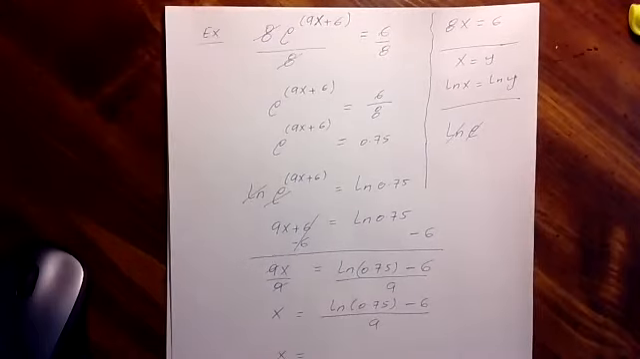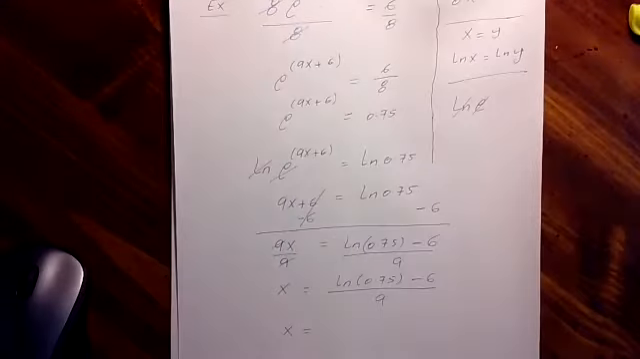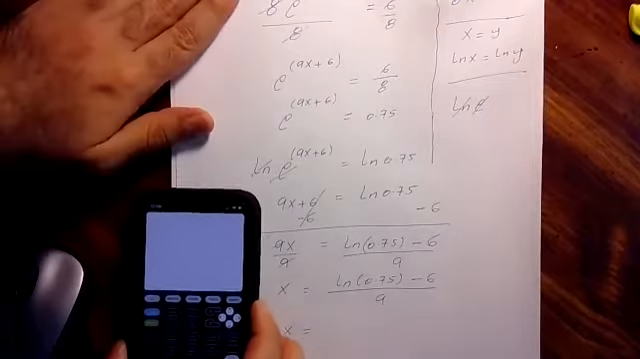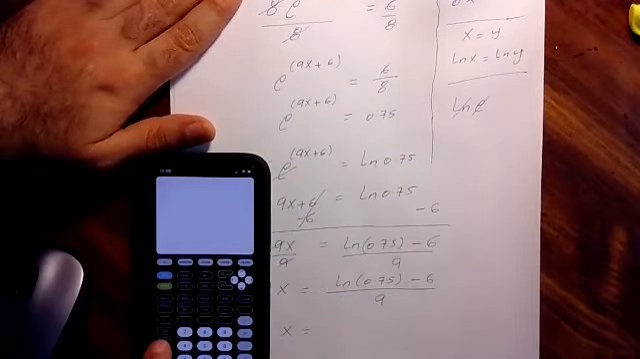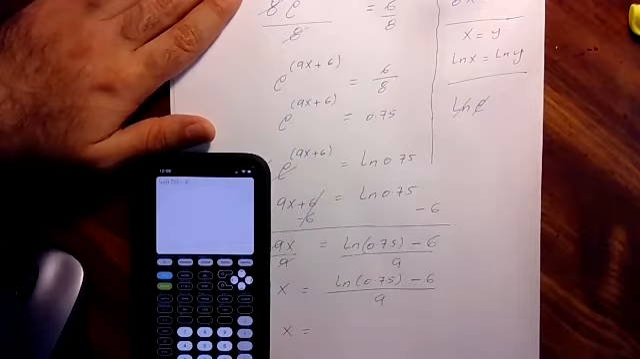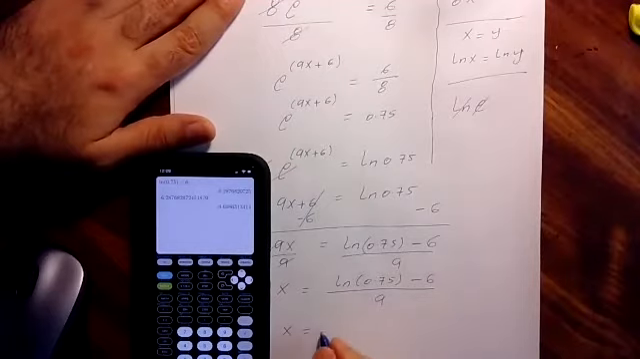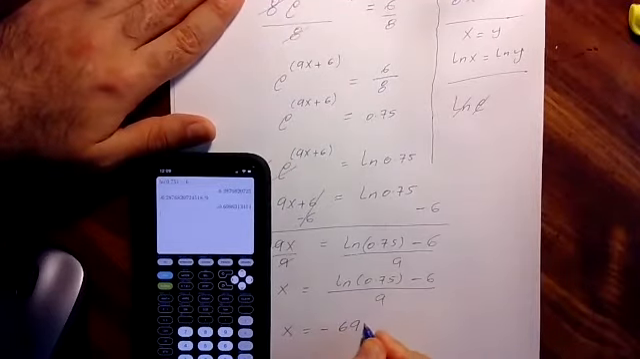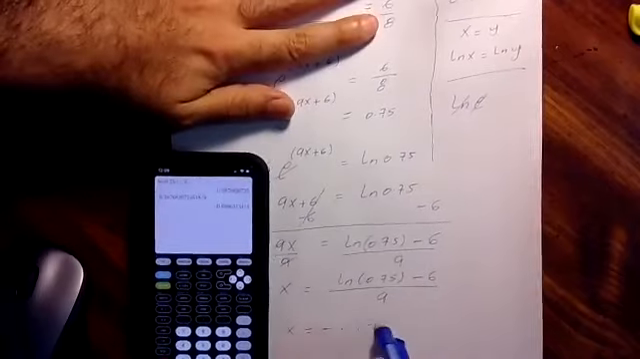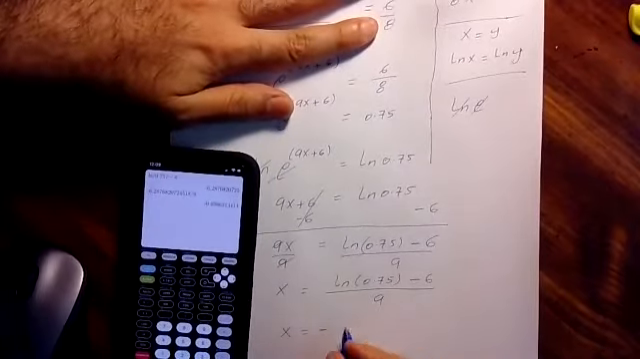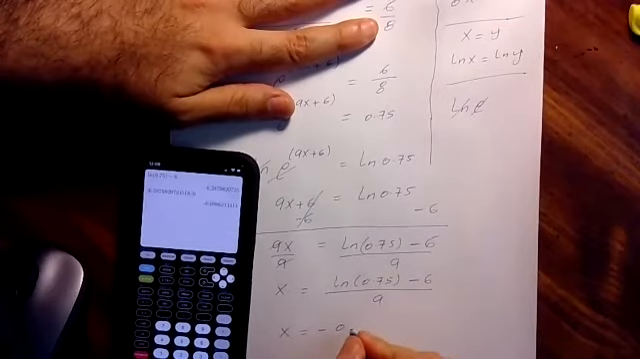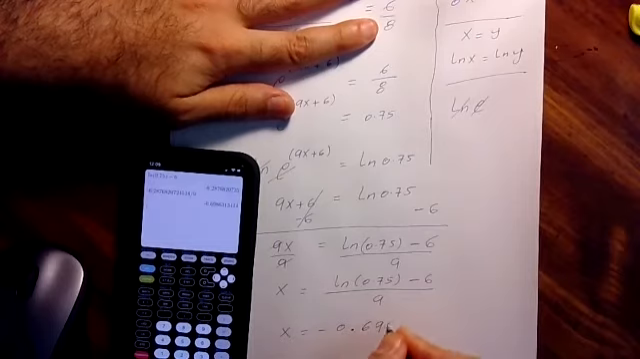X is going to be equal. Now we just have to use the calculator to find the result. So it's going to be ln 0.75, close the parentheses, minus 6. It's going to be this number, and this number is going to be divided by 9. So it's going to be negative 0.698